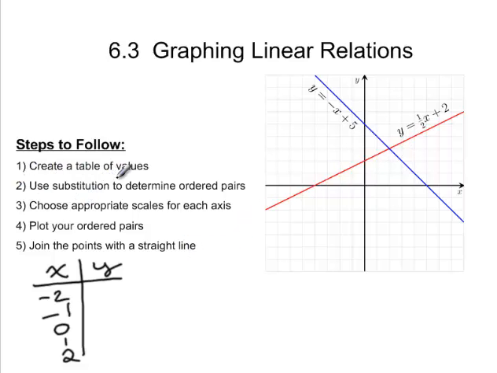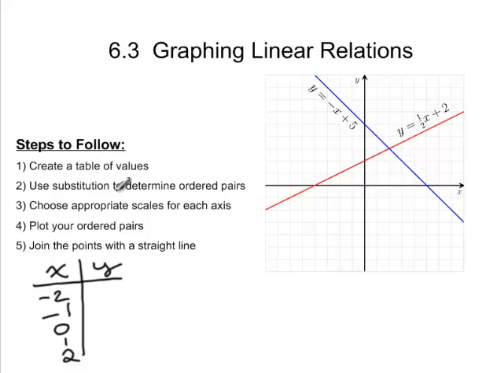So next we're going to use substitution to determine ordered pairs. So we're going to take our x values that we randomly chose and plug them into the equation. So we would take -2 and plug it in, replace x with -2, and then do the algebra to solve for y. Once we do that, we're going to have a bunch of ordered pairs ready to go. And we'll have a range. We'll be able to figure out what kind of range we'll need,